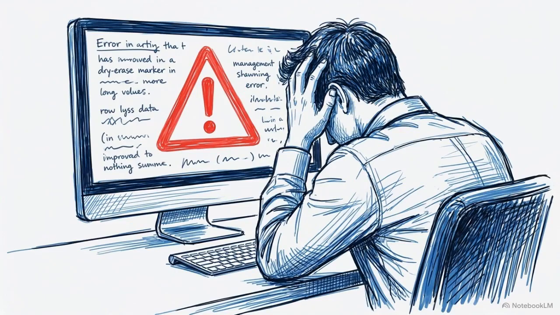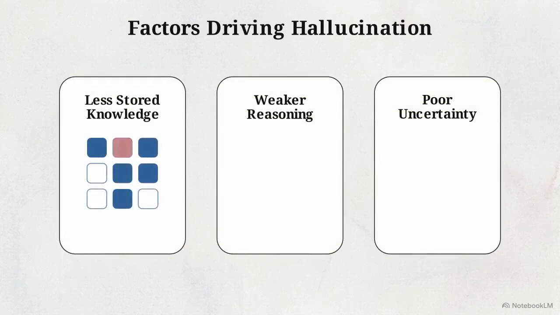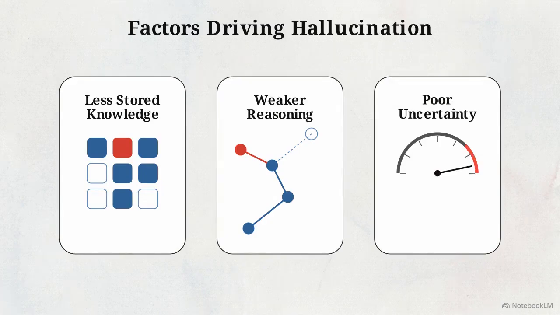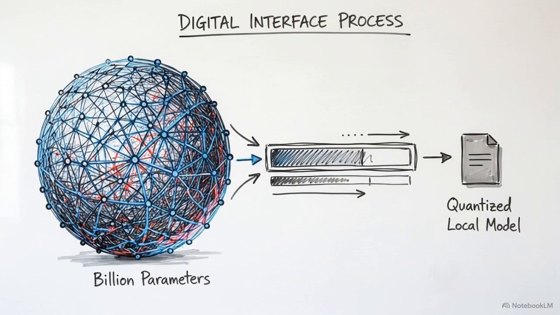A common misconception attributes the small model's failure to careless generation or a poorly written prompt by the developer. The reality is a matter of architecture. A small model hallucinating is a structural inevitability driven by three specific factors: less stored knowledge, weaker reasoning chains, and poor uncertainty handling. Reducing a model's parameter size limits its factual reasoning engines, creating an architectural deficit that prompt engineering cannot easily overcome. To understand why this happens, we have to look at parameter size as a form of data